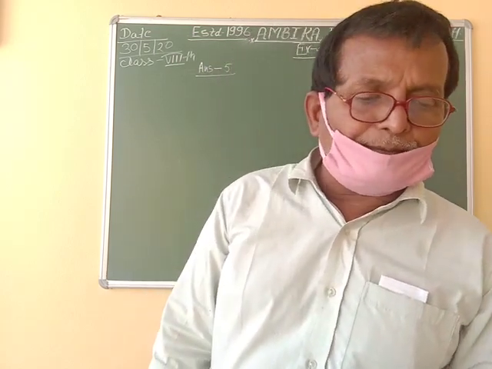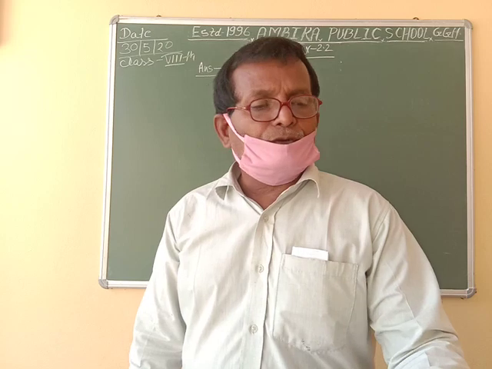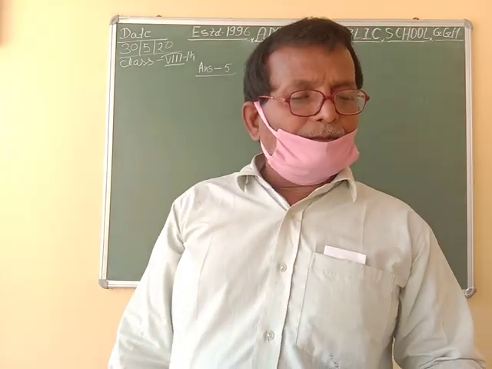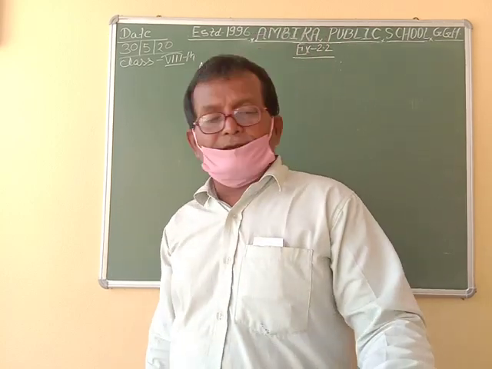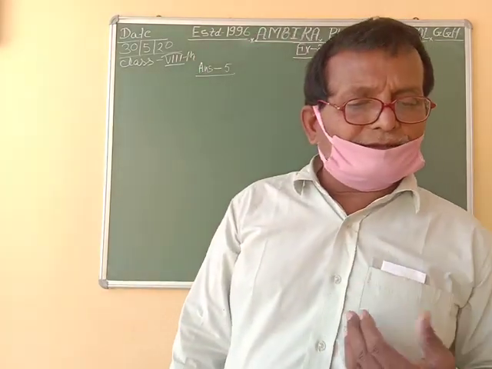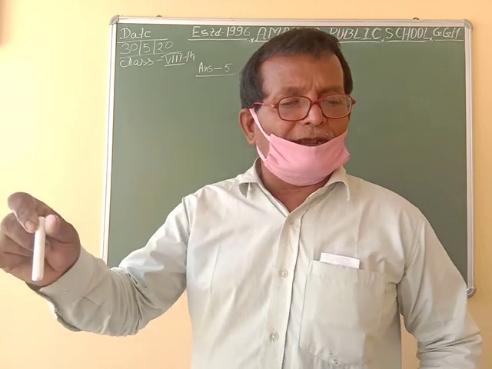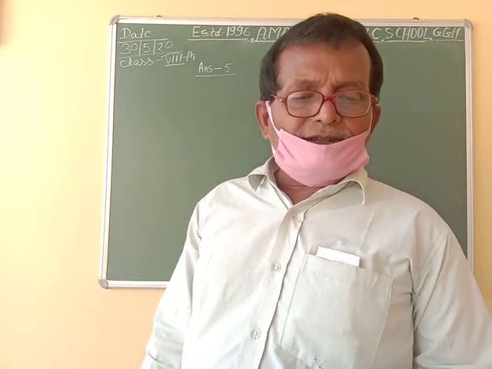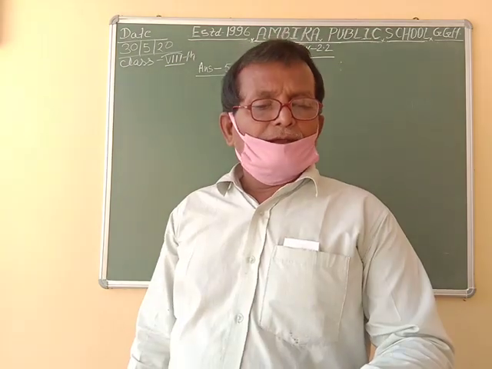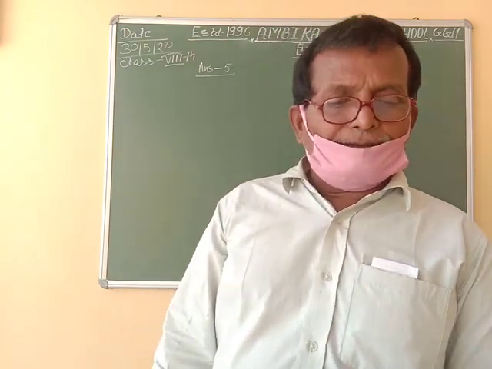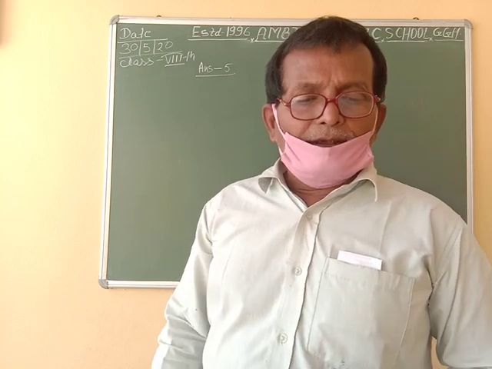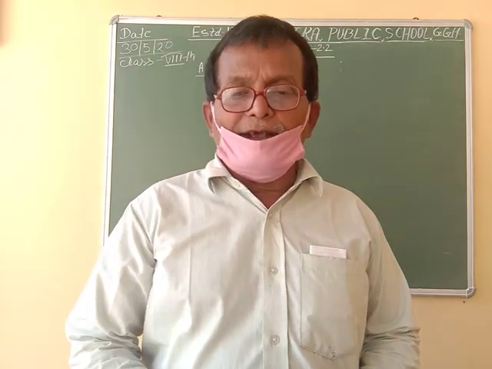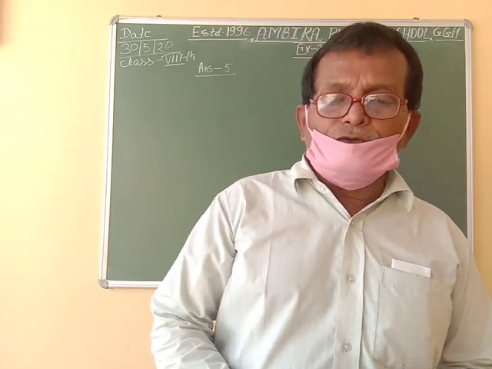During solar eclipse, Moon, सूर्य ग्रहण के समय चंद्रमा comes in between Earth and Sun. सूर्य ग्रहण के समय चंद्रमा पृथ्वी और सूर्य के बीच में आ जाता है। At that time, what is the distance between Moon and Sun? We have to ask that, उस समय चंद्रमा और सूर्य के बीच की दूरी कितनी है? We have to find the distance between Moon and Sun.